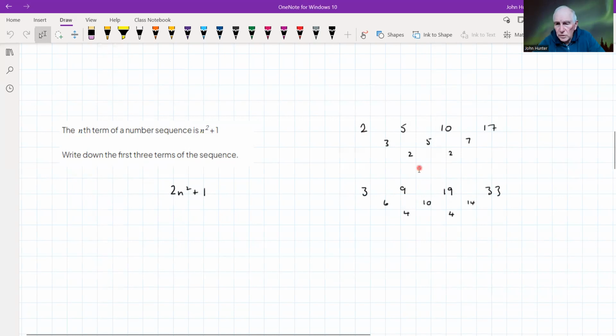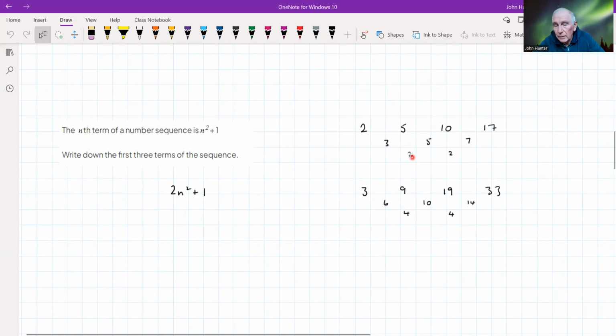Now, if we look at the differences of this sequence, we find that actually they're not the same. That's not surprising because it's not a linear sequence. It's linear if we just have an n term, but no n squared term. It's 3, 5, 7. So these are actually increasing. And that tells us basically,